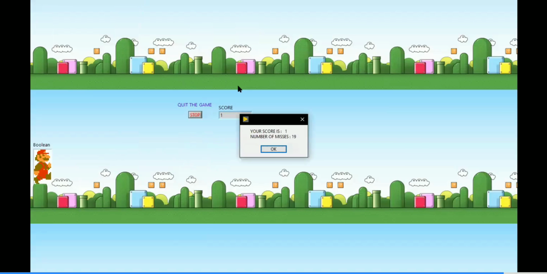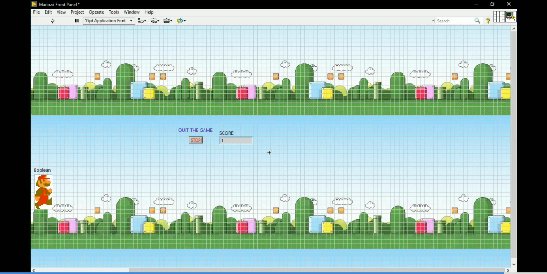This image is a background image we made in the program. In the front panel we are making this image. There will be a stop control and a score. This is one boolean control, and in the control we are placing one image. If I get time, I will tell how to place an image in a boolean, or in any numeric. We also use some programming techniques.